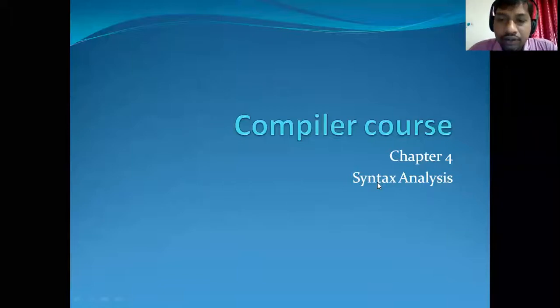Good morning, everyone. In today's lecture, we are going to see the second phase of the compiler design process, that is syntax analysis. Okay. So the agenda of today's lecture is you will be introduced to syntax analyzers or the process of syntax analysis. So you will learn what is syntax analysis. Okay. And what is the theory behind syntax analysis, and what are the different types of syntax analyzers we have.